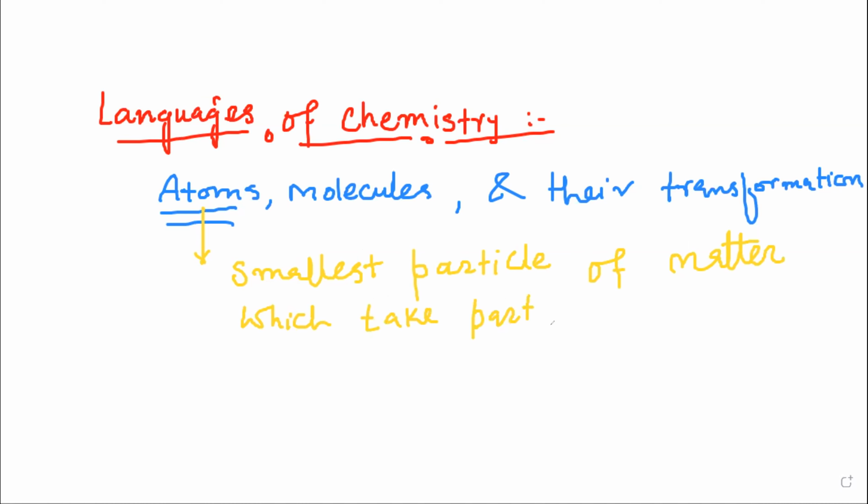Have you seen chemical reactions taking place anywhere? Yes, sir. Where? Everywhere. Hundreds of reactions are taking place in our body and we don't know. Similarly, when plants prepare their food, they undergo photosynthesis. So those are also chemical reactions, isn't it? Exactly. Chemical reactions are taking place everywhere. So let me write here that it is the smallest particle of matter which takes part in a chemical reaction.